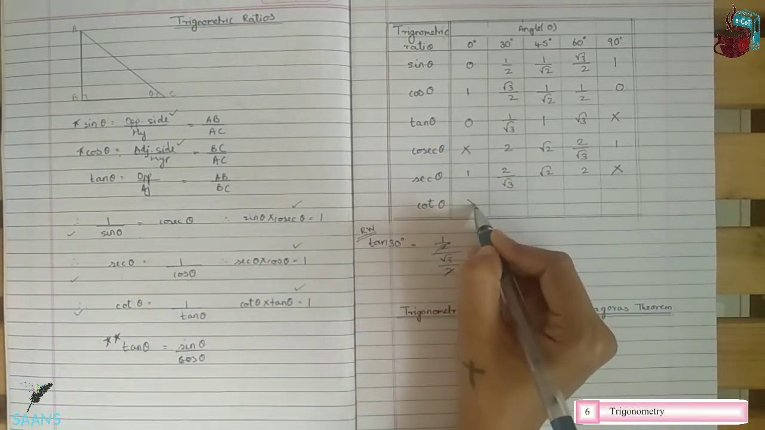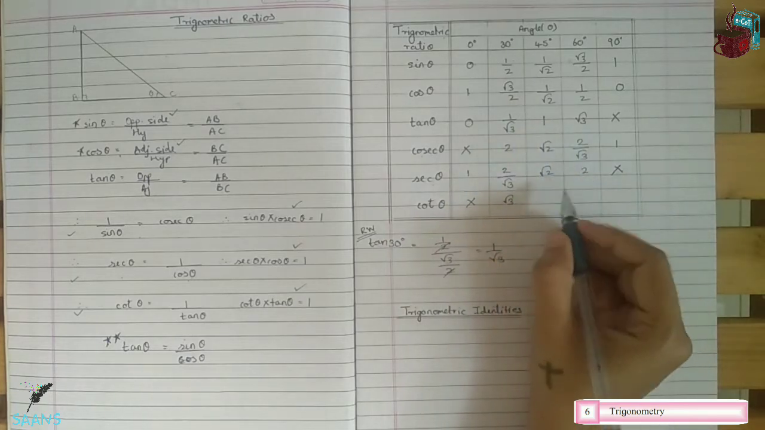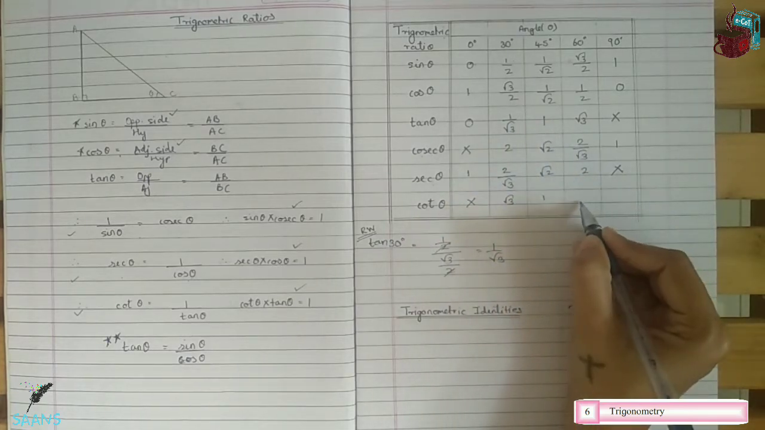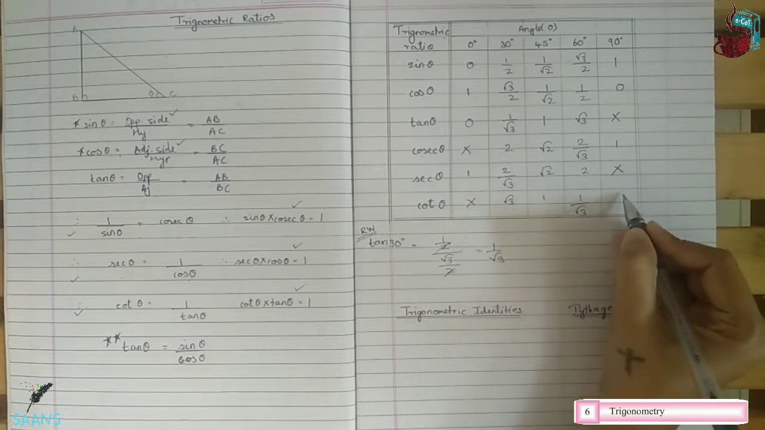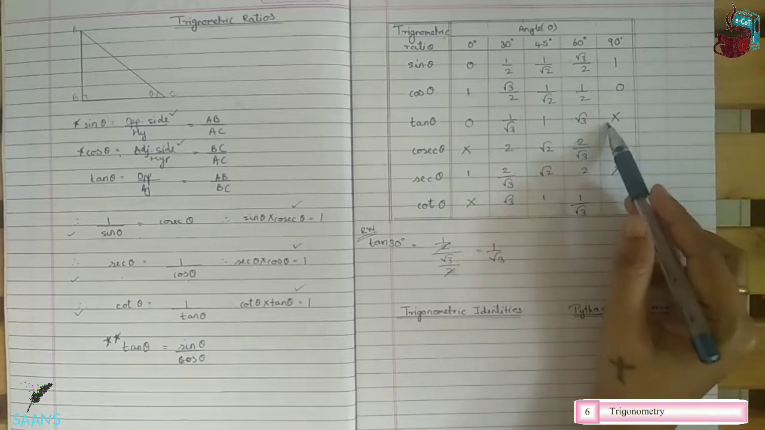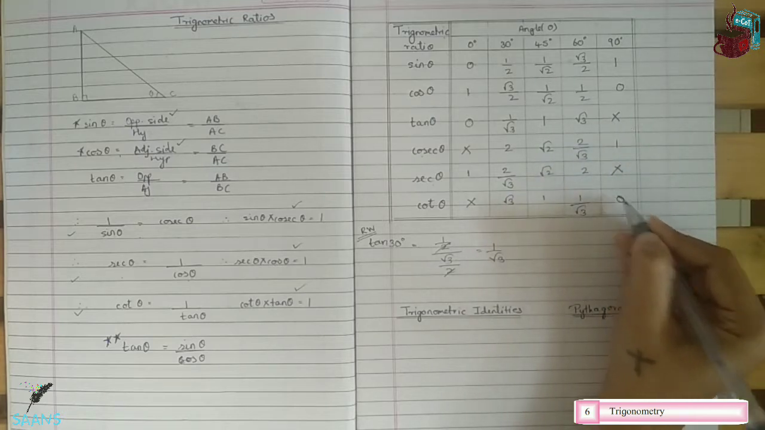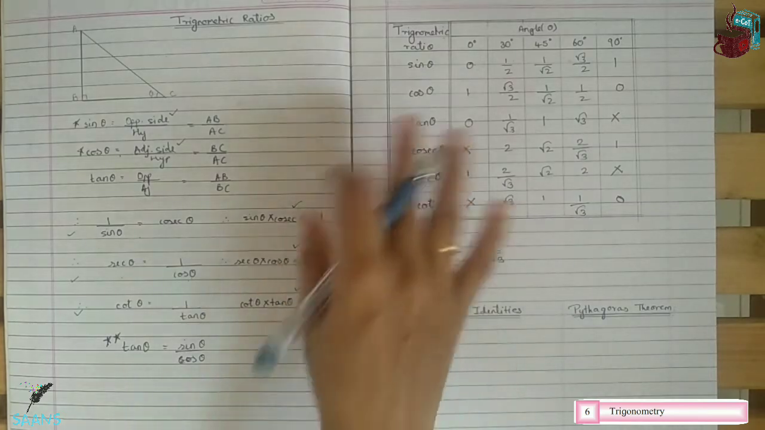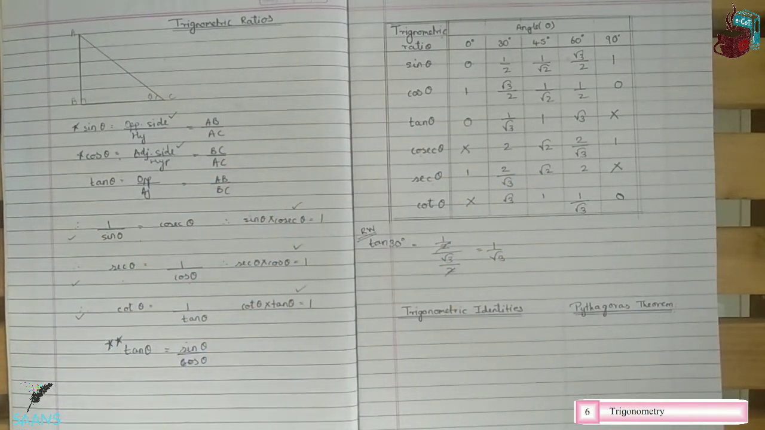0 upon 0 is not defined. The reciprocal of 1 upon root 3 is root 3. The reciprocal of 1 is 1. The reciprocal of root 3 is 1 upon root 3. And here it is not defined. So here also, here it will be 0. Okay, so like that you will be able to do. I'm going a little faster because this is 10th grade, and this all is the basics that